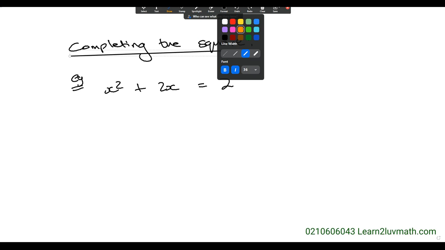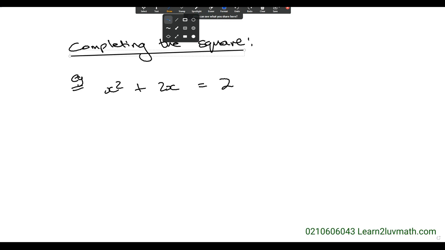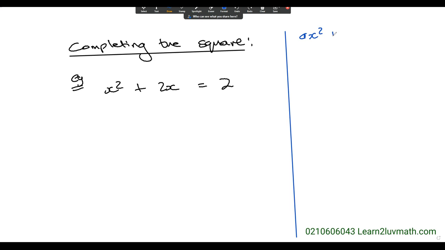All right. So let's have a look at completing the square here. What's the first thing we're going to do? Let's make a list of all the different steps that we can go through. Right now, we have to identify. We know that if we have ax squared plus bx plus c equals 0,